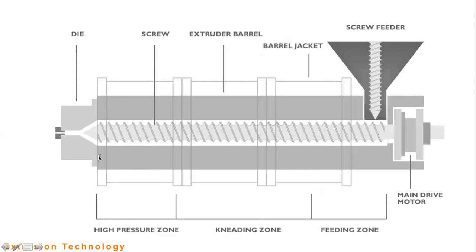This is a cross section. You can see the motor and gearbox, all these things here. Then the screw feeder is there. You can see a different term, screw feeder. When we use a viscous solution,